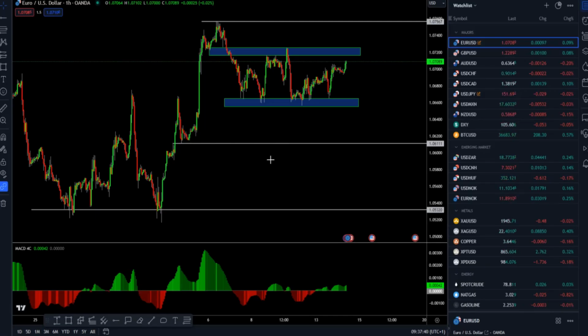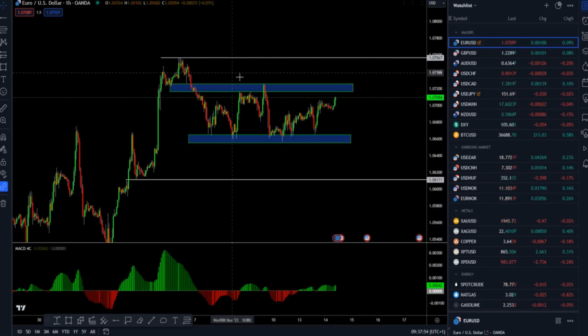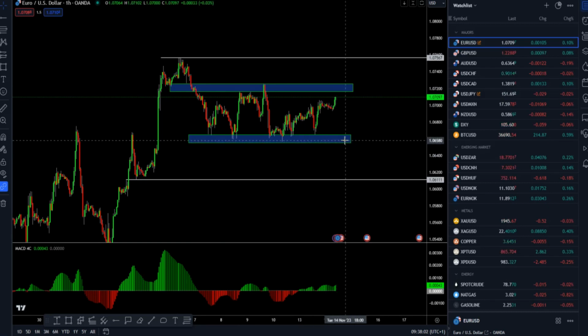I will start with the euro versus US dollar first. And what we can see here, relative to the previous forecasts, is that the market is still trading in a very well-defined trading range. This is the hourly time frame, and we can see the clear resistance that the market did set around 1.0725 and a strong support cluster around